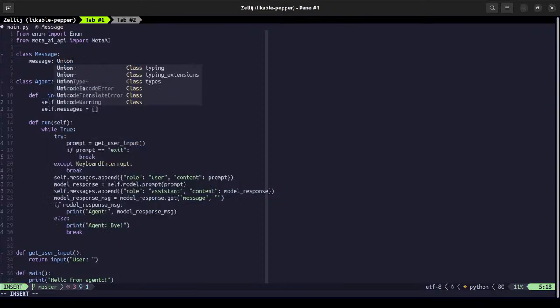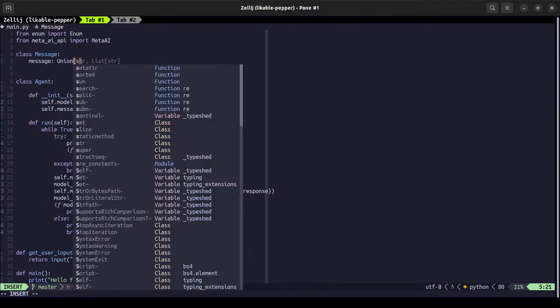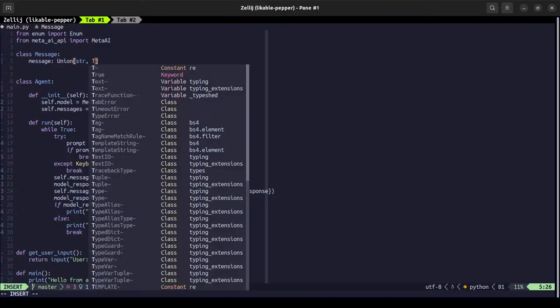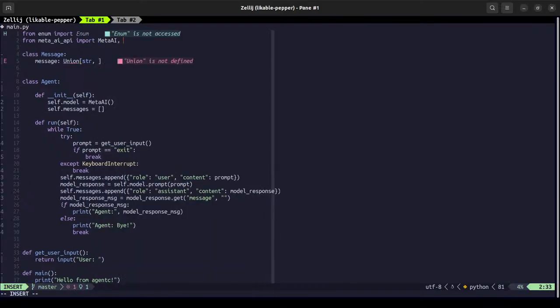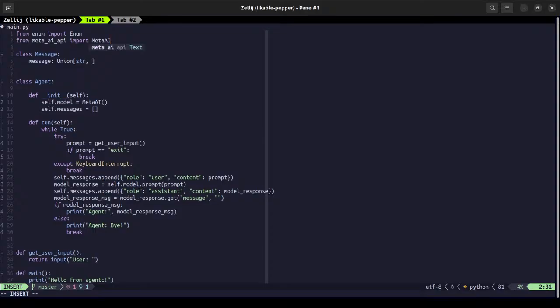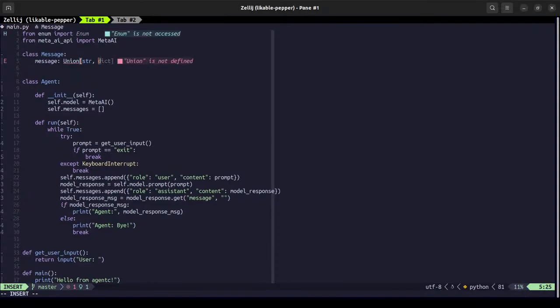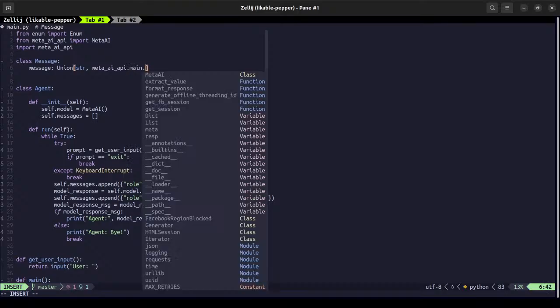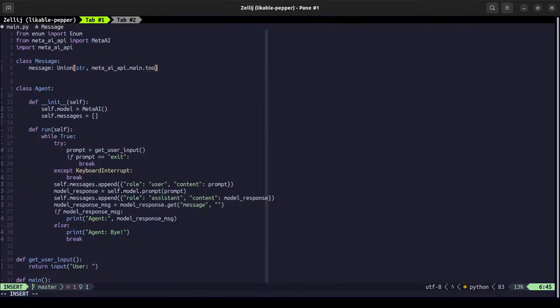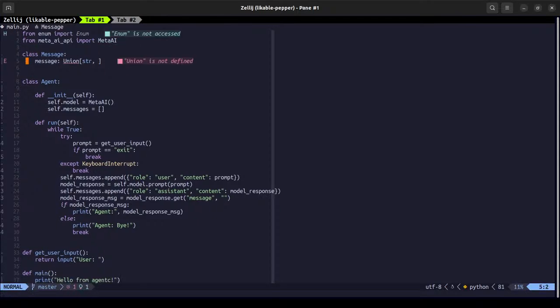It will be a union of string and tool call. I think we can get it. Never mind. Need to construct that.